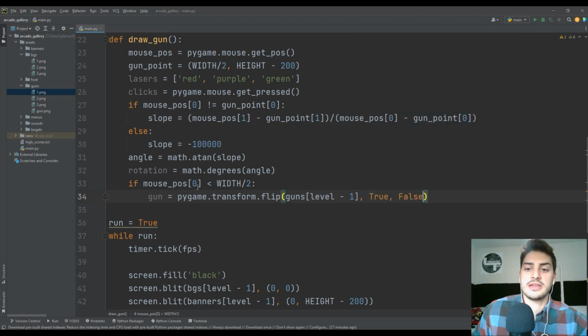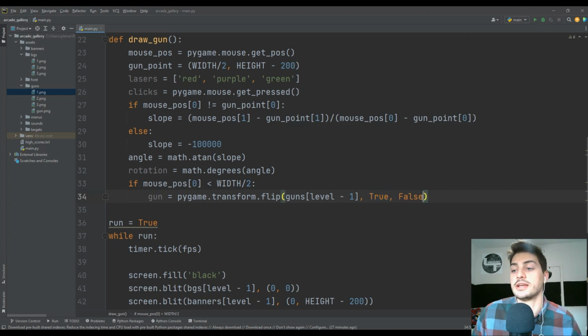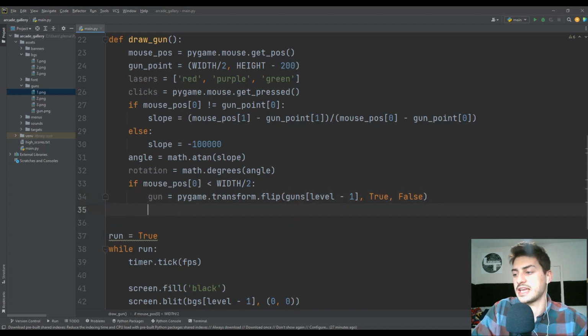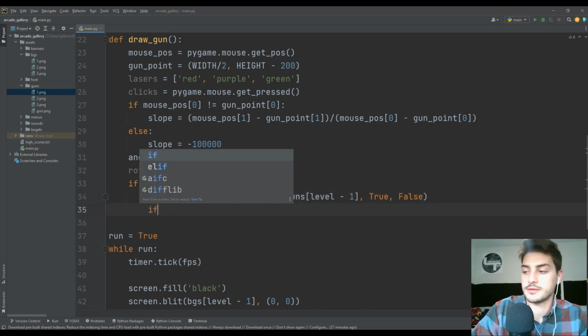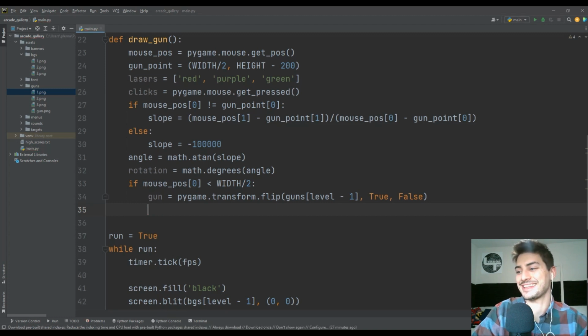And then we just give it True and then False, because the first is, do we want to flip it in the X direction, which yes, that's the direction we want to flip it in, and the second one is the Y direction, and we don't want to flip it in the Y direction. Okay? Now, that's just defining the gun. Now we will say